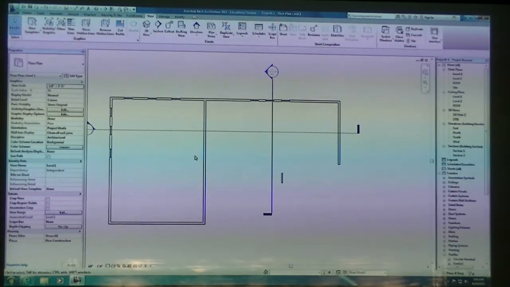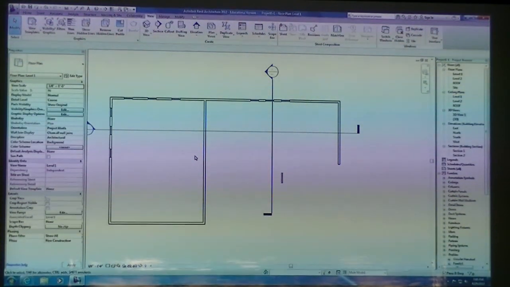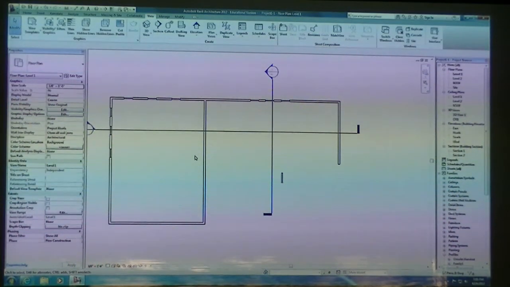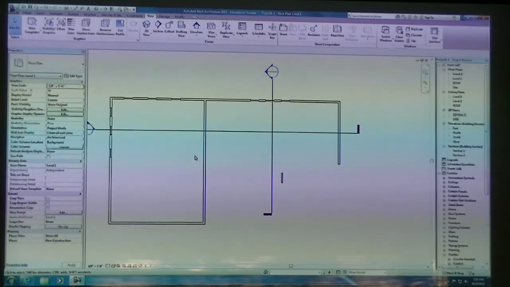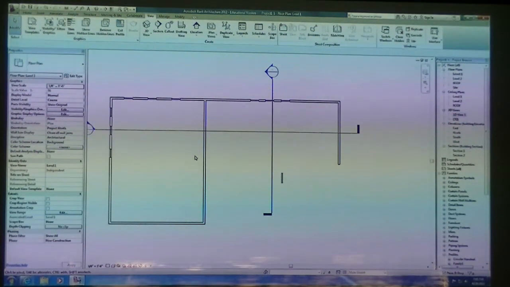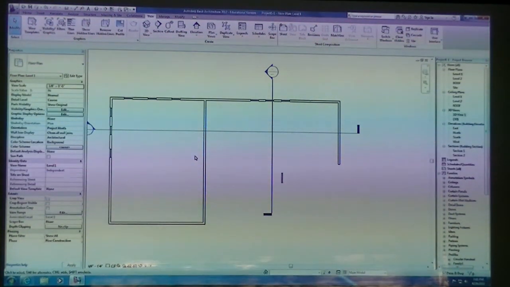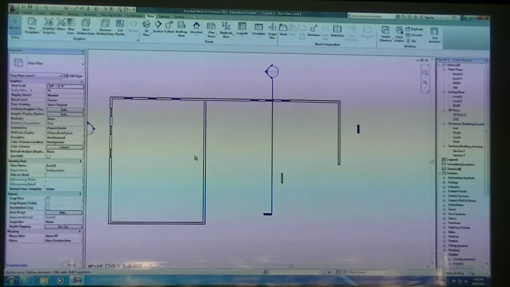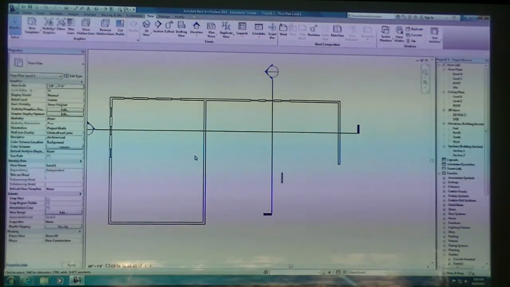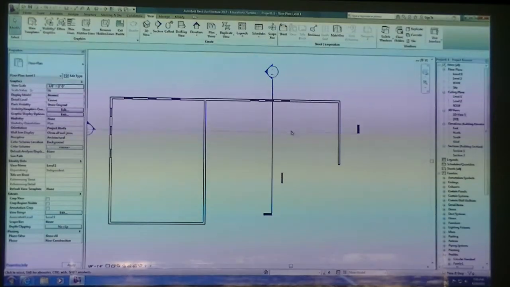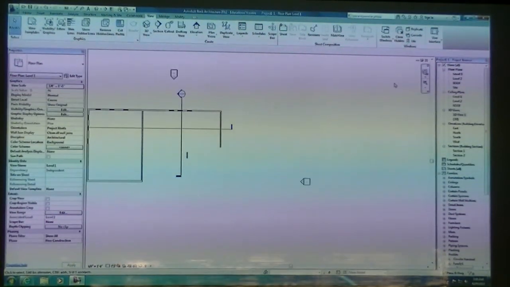In some cases that is detailed along with your guardrail systems, but I'm going to show you how you could add, let's say, a C channel. A lot of times you'll see a perimeter C channel going around the opening when you go into any kind of building these days. Or a lot of people will even put in a steel tube at the edge. If you look around the School of Architecture, a lot of the detail happens to be a steel tube. And so in order to make a slab edge, we can, and I'm just going to use this model